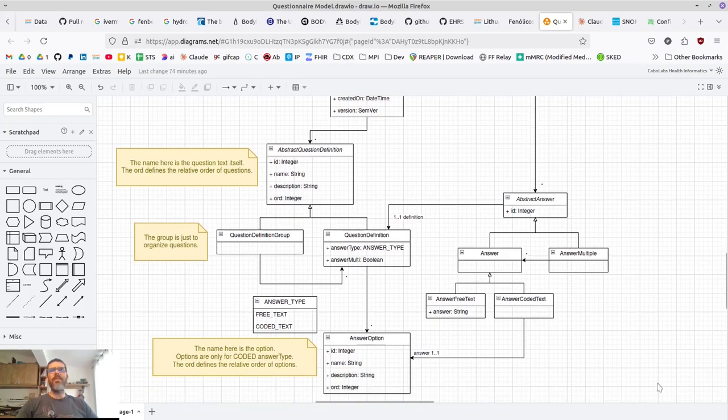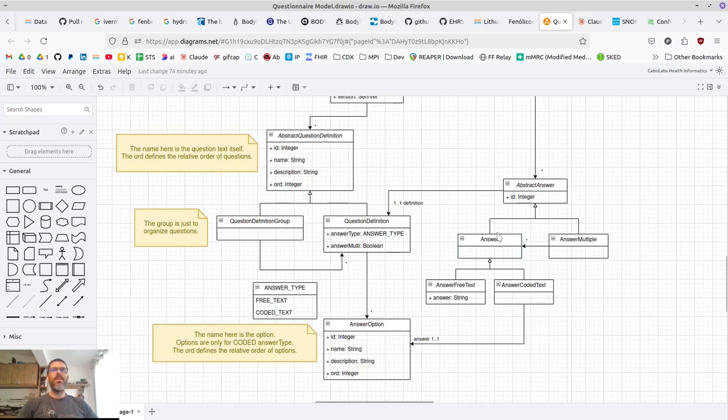And on the answer, you have simple answers. You have answers that could be free text if the question answer type is free text, or you have the coded answers. That's the answers that are options selected from a multiple choice question. So here you have the option actually selected, and there are also